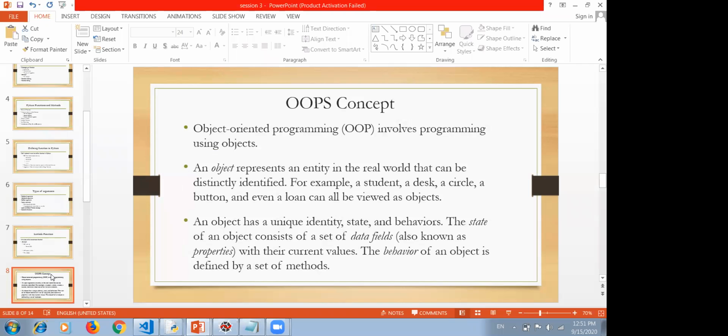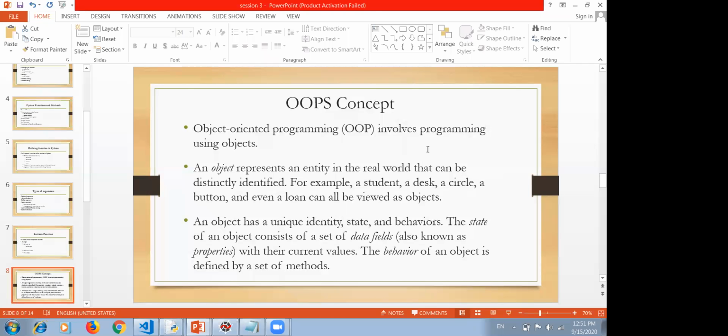Actually, I told you yesterday that Python supports multiple paradigms. It supports functional programming. It supports modular programming. The OOPS concept is there. Even some scripting language features are supported. So it's a multi-paradigm approach followed by Python, a combination of features of almost all the high-level languages. But it is purely an object-oriented language.